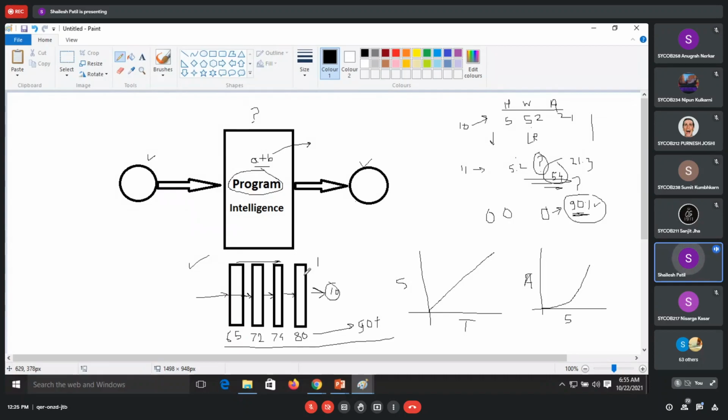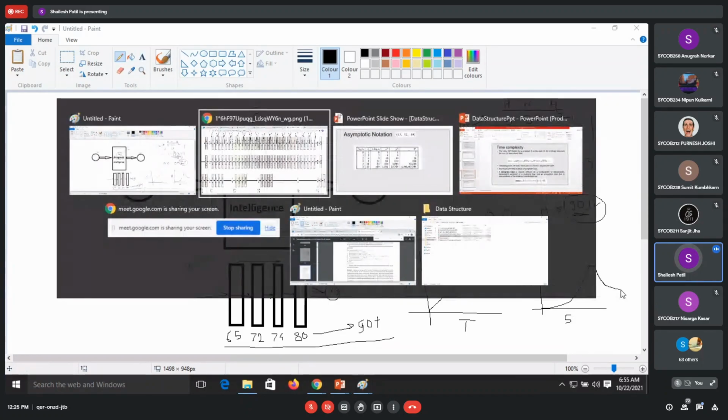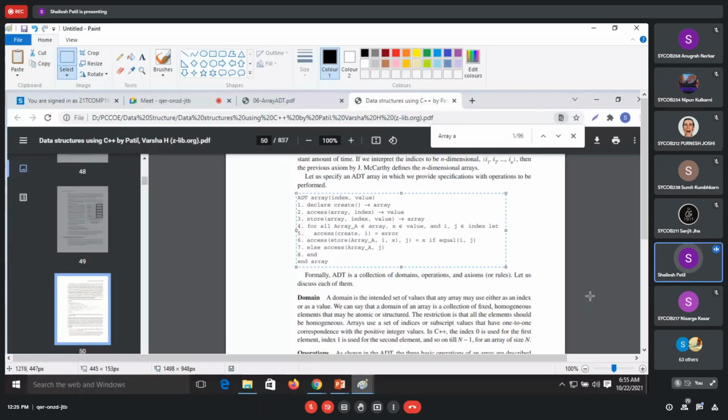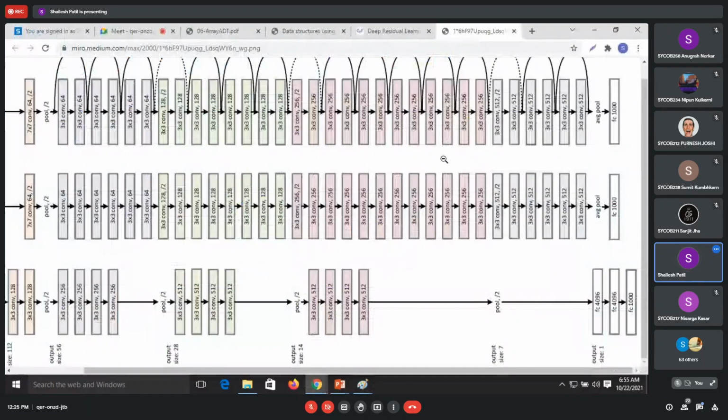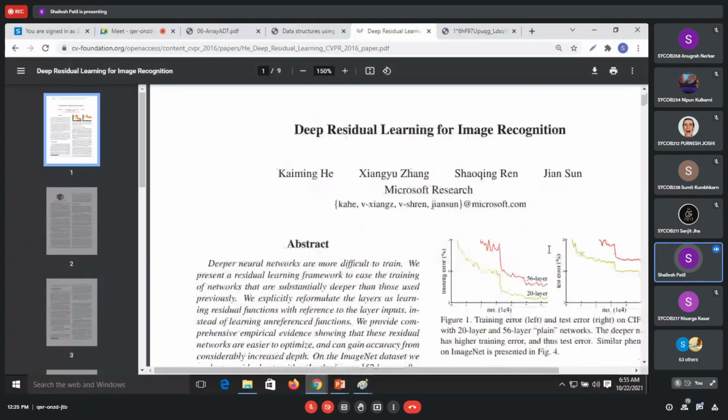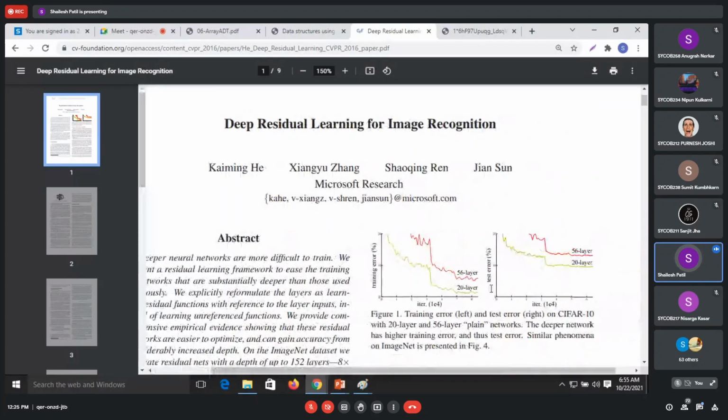Okay, but what happened in actual execution? This is theoretically perfect, okay. Practically it is different, okay. What happens is that it will increase for some number of steps, but after that it will degrade, okay. It is degrading like this, okay. This paper is very interesting, you can go through it if you have interest in this topic, okay. So the accuracy theoretically should be like this.